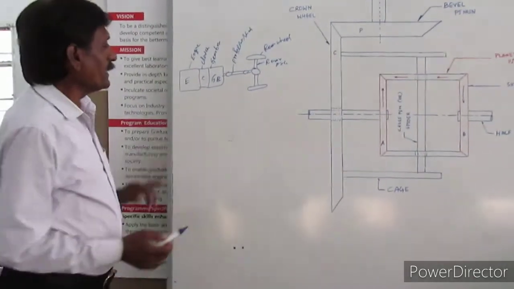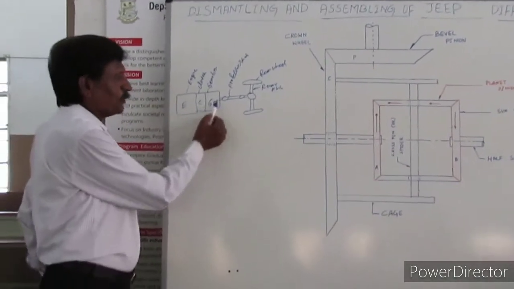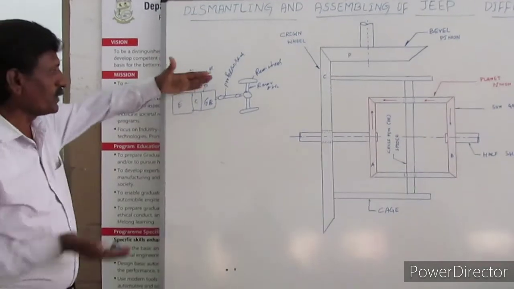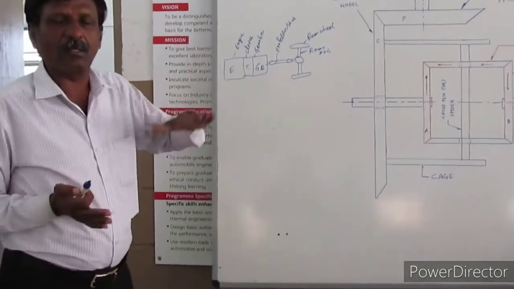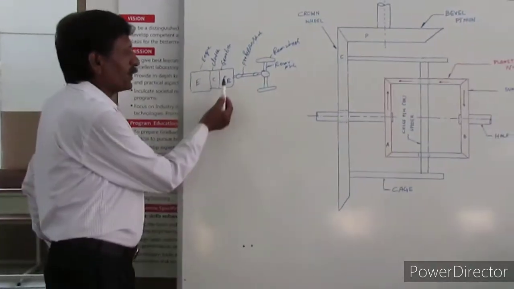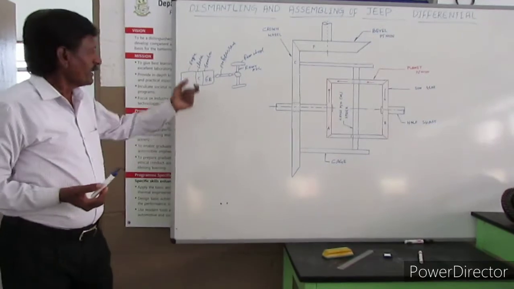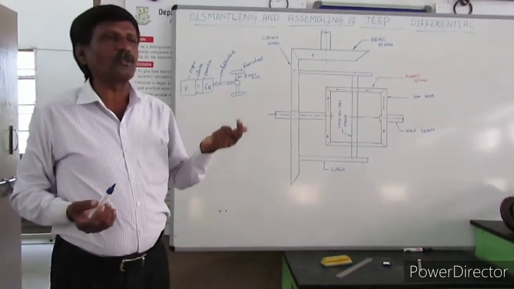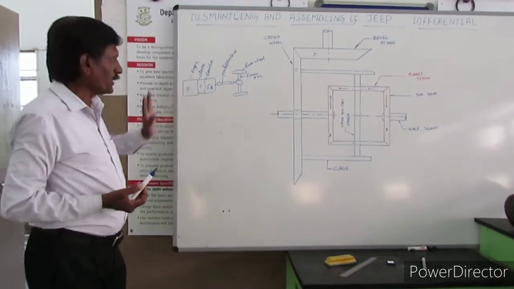Then here, again, to vary the gear ratio in the gearbox, we are using the counter shaft. The counter shaft is parallel to the main shaft. Whenever the two members, the driving and driven members, are parallel to each other, we are using a gear to transmit the power between the driving and driven member. And in the gearbox, we are using both types of gears, that is spur as well as helical gears, both are used.